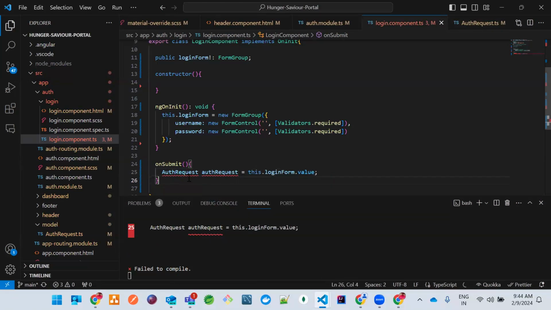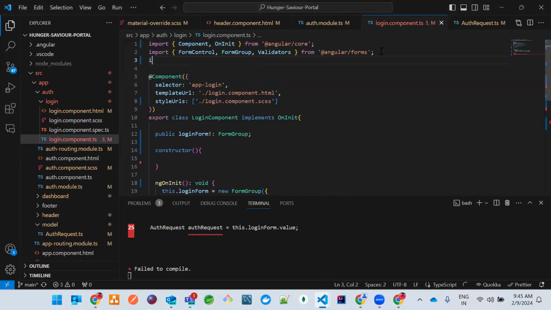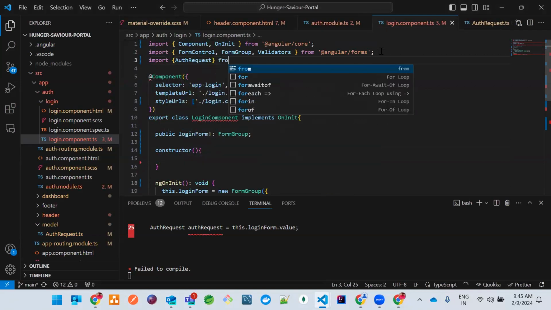Okay. So if you can see here, I was unable to import this. So how to import this auth request? As this is part of the model, we need to use this import or use the auth request in our component, right? So what I can simply do, if I just go back over here, the import is not coming. I don't know what is the problem. Auth request, and from